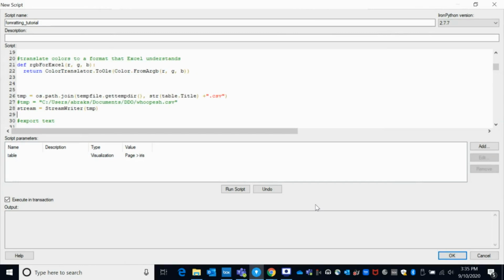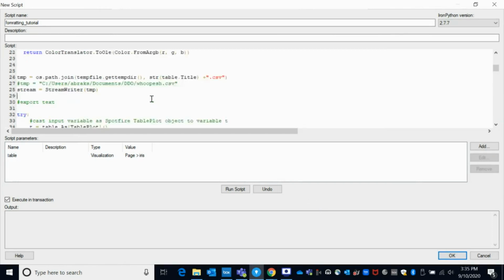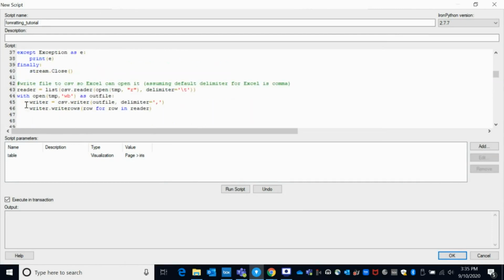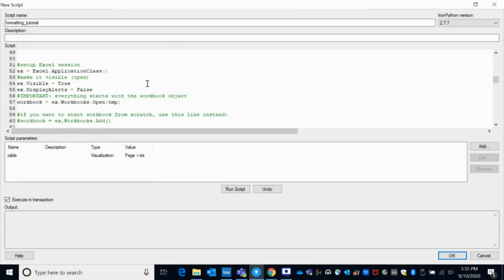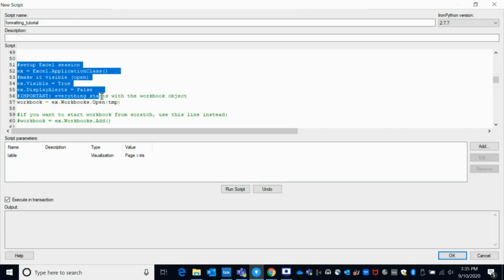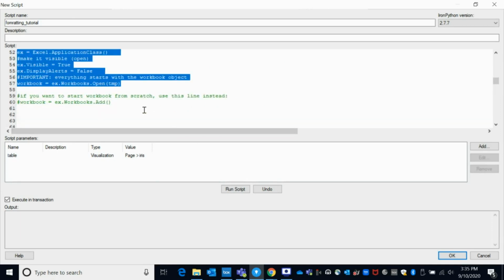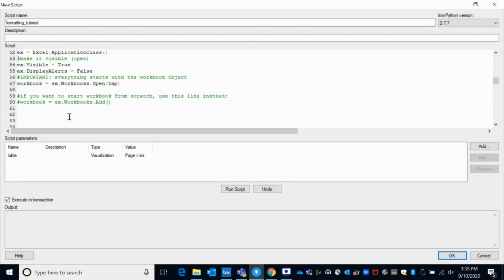So there are two ways you can go about opening a workbook in Excel. One way is to write the data into a file and read from it, or from any CSV file. You can open it from a CSV file, like I do in the lines of code from 51 to 57. And so if we run that,